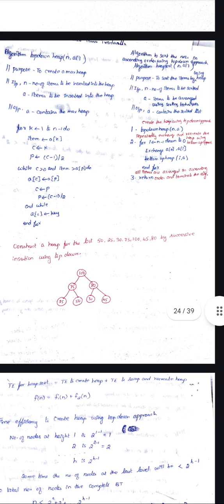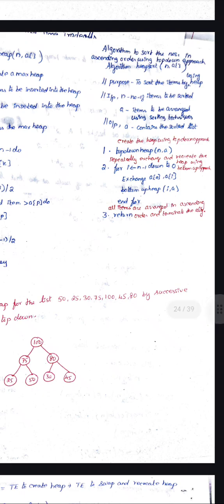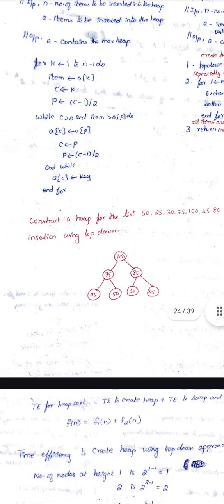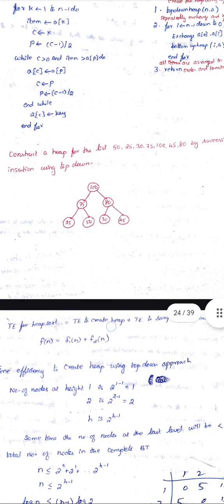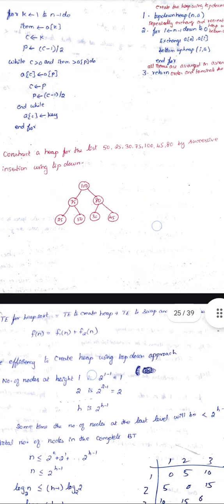That is how it is constructed. Then we sort the items by using the heap. This is done by top-down heap, that is for i from n minus 1 down to 0, exchange a[0] and a[i], then bottom-up heap(i, a), repeatedly exchanging in this manner. Construct a heap for the list 50, 25, 30, 75, 100, 45, 80 by successive insertion using